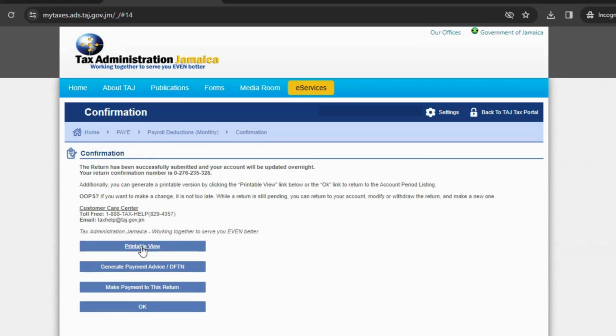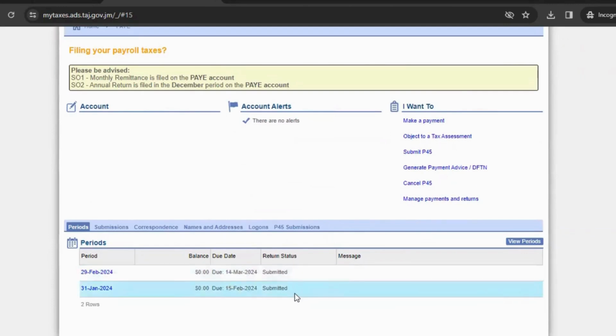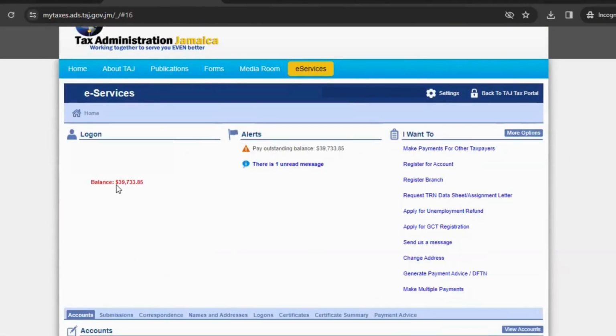We can print a copy of our return. And if we need to make a change, you will see that while it's still pending, you can return to your account to modify, withdraw the return, or make a new one. So now that our filing is over, we're just going to go back to our home page by clicking OK. Now we see that it's submitted. We don't have any outstanding returns. So we can go ahead and go back to our home page